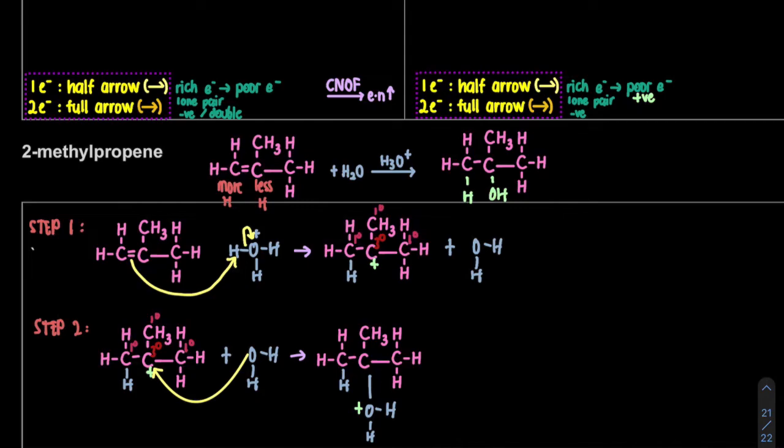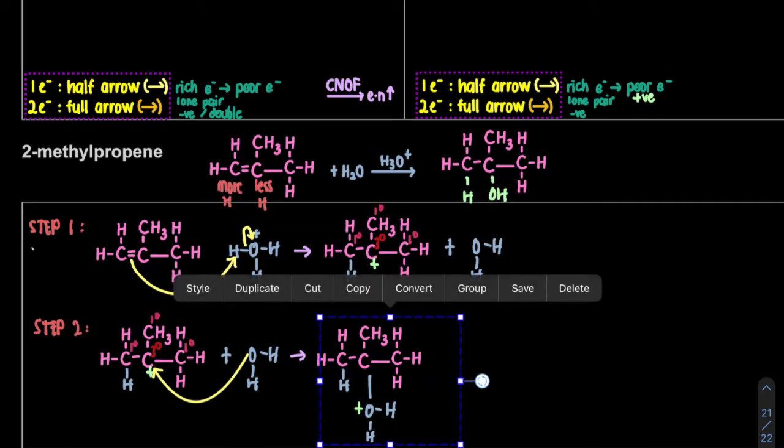But remember, we want alcohol. So for the formation of alcohol, we need it to be OH. Previously, for dehydration, we removed this. Here, we don't want to remove all of this. We're only going to remove the one hydrogen. To form alcohol. So step 3, from this reaction, we will take